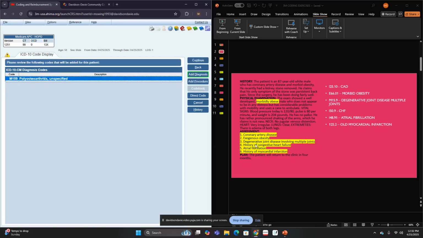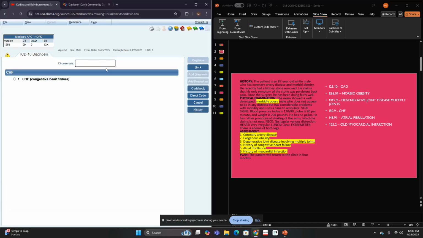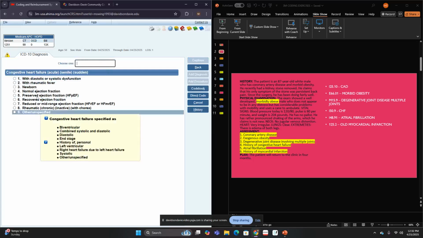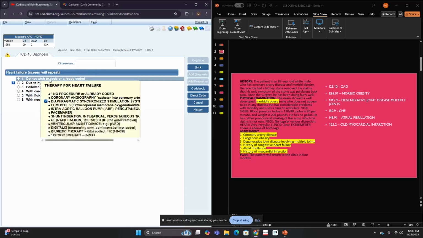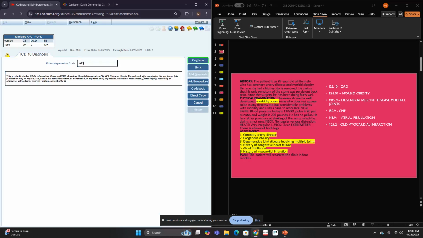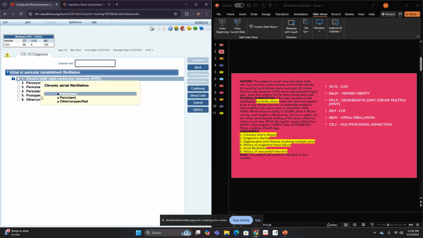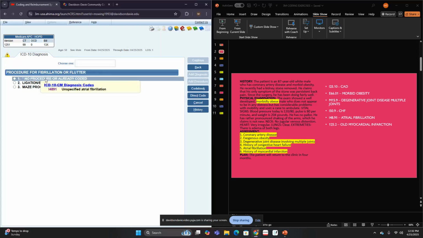And let's see. History of congestive heart failure. So you're just going to code it to congestive heart failure. And none of that. And no procedures. So I-50.9. Heart failure unspecified. And got AFib. Doesn't say anything else, just AFib. No procedure, so